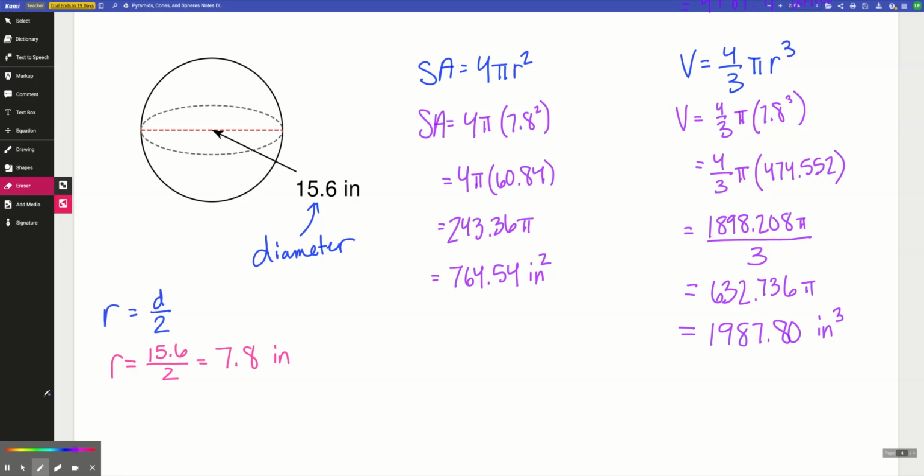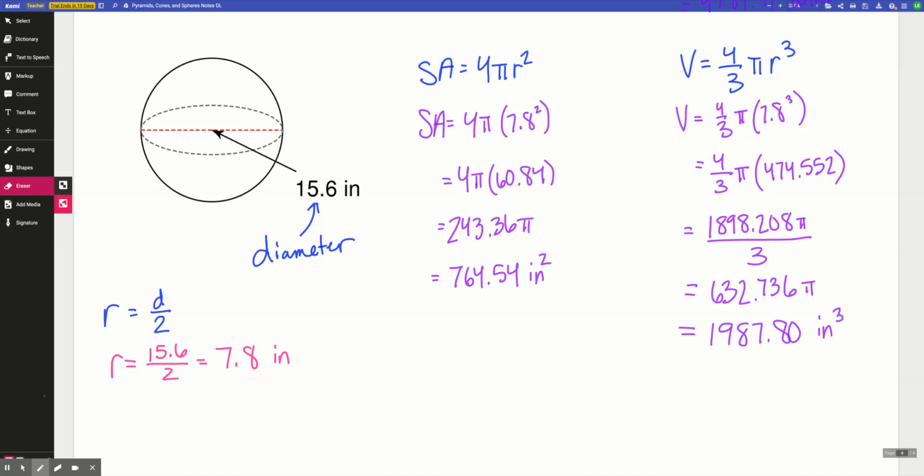All right, folks, so go ahead and check your answers against mine for the surface area and volume of this sphere. So I gave you the diameter rather than giving you the radius here. So the first thing you have to do is take the diameter, cut it in half, and that'll give you the radius, right? So 15.6 divided by 2 is 7.8. So that's the number that I have to use for radius in both surface area and volume. Once you have that information, it's just a plug and chug. Plug the radius into both formulas,